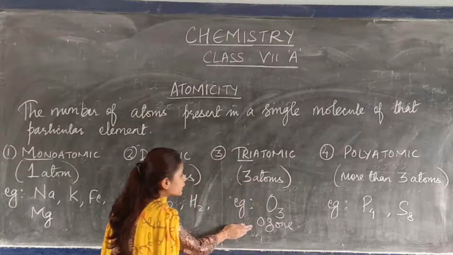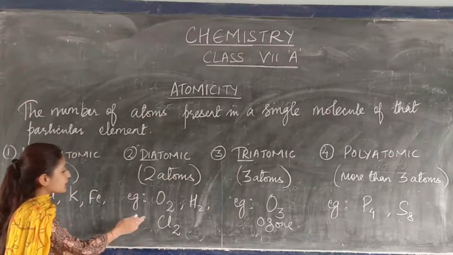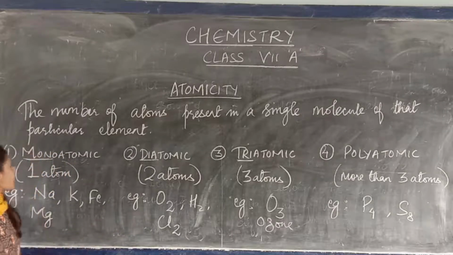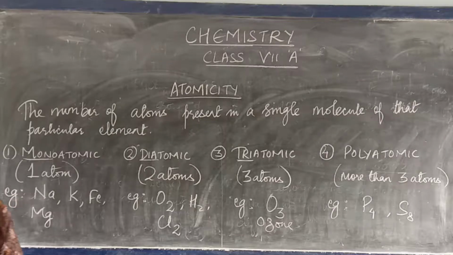This is triatomic, which contains three atoms. This is diatomic, which contains two atoms. And this is mono. Mono means single, which contains only one atom. So the remaining topic we will